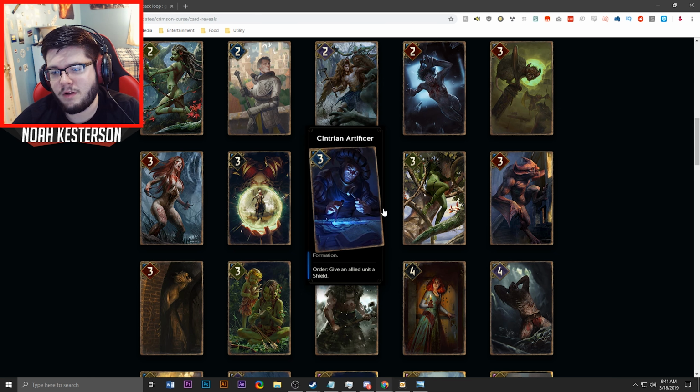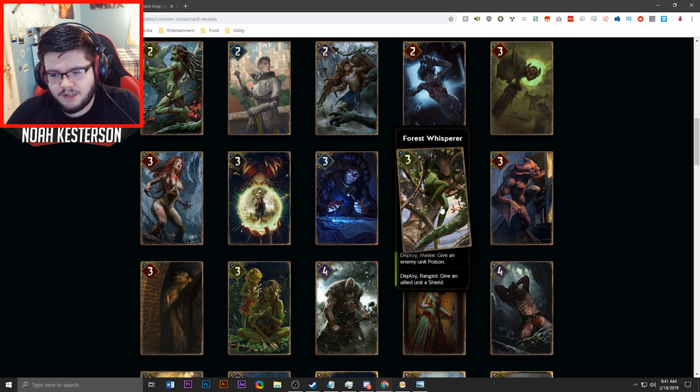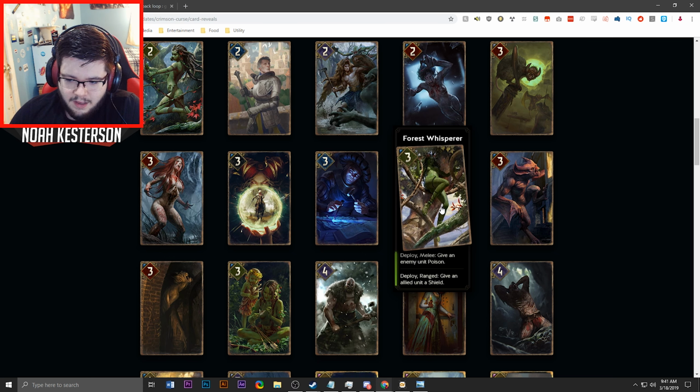Again, I think most people are going to play on melee, so. The Forest Whisperer. Deploy melee, give an enemy unit poison. Deploy ranged, give an allied unit a shield. So, this is one of the cards where you get a choice. You don't get both of these, you get to choose. If you go melee, you give an enemy unit poison, which I assume...